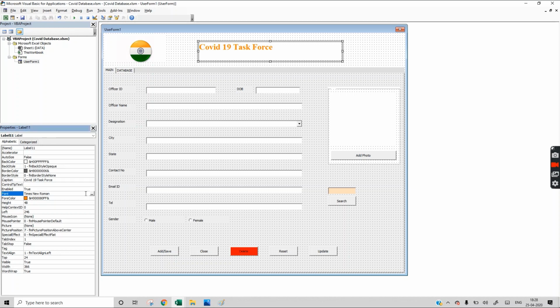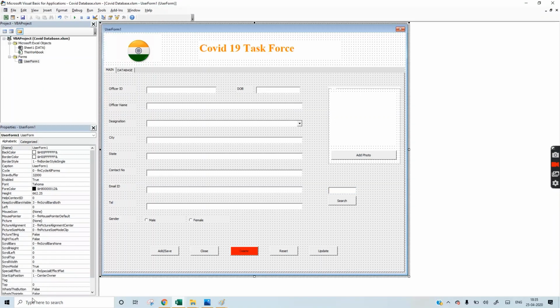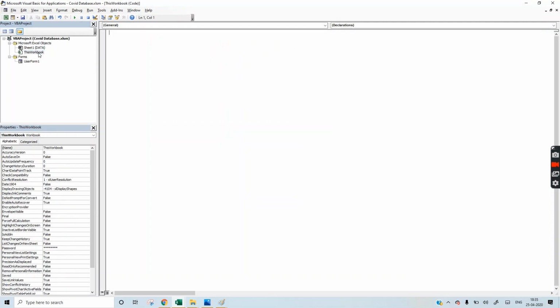I'm increasing its size. For this background application of Excel, what you have to do is go to this option, this workbook. What you want, we will write macros for that. Subject, workbook open.